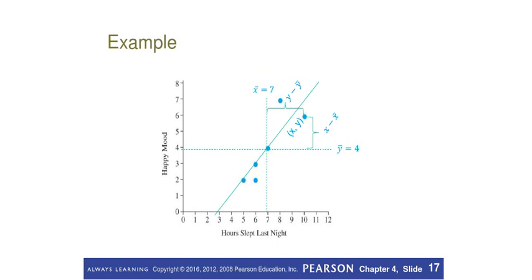If we took the difference between our x coordinate here on this particular mood of 10 minus our x bar, that would be this difference. We call that our difference in x, so if we square that, that's our square for that particular point. And then y minus y bar is our difference right here, and we're going to take that and square it. And if we take the sum of these squares of these differences right here and add them all up,